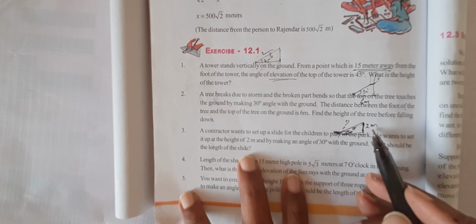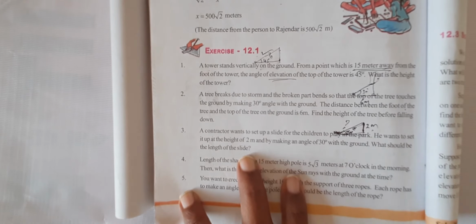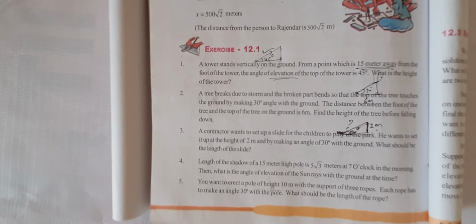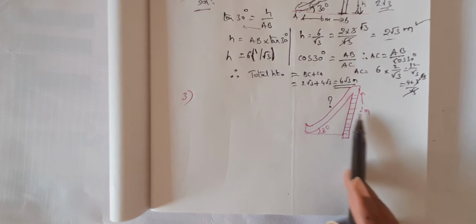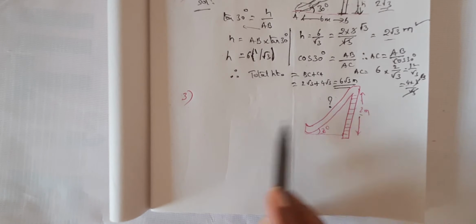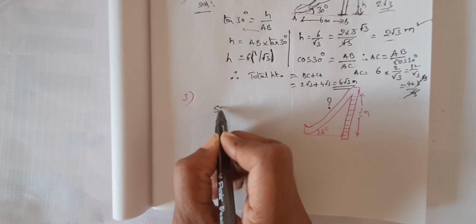What is this one? That means the opposite side is there, the angle is there. You have to find the hypotenuse. Very easy. Here we go. So we want the trigonometric ratio which involves these two. So I can take sine. Solution.